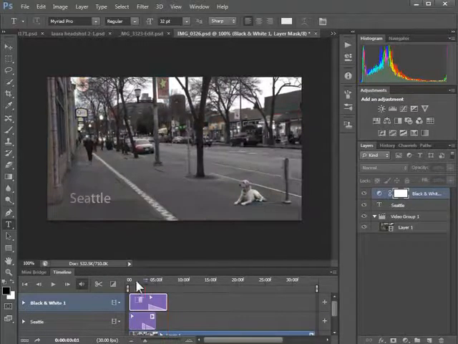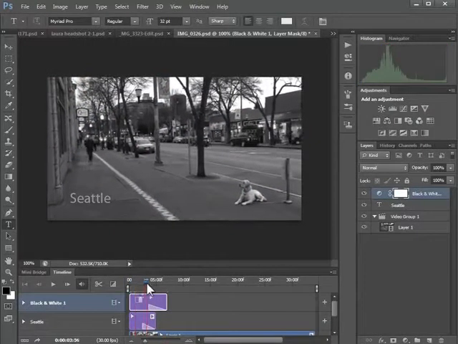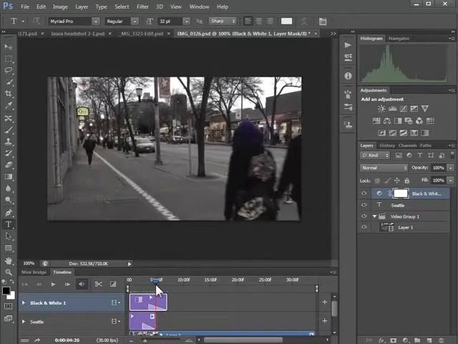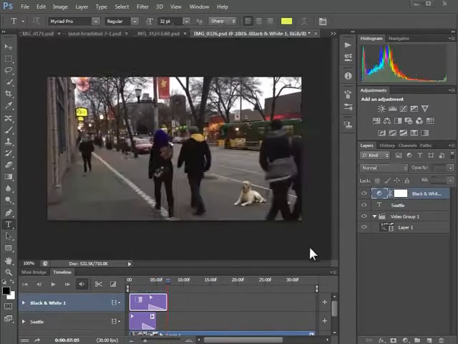So now you'll see, as I go through the video quickly, it starts out in black and white with the title, and you'll see that I start to introduce a little bit of color as it fades into the color version. Now you can also apply filters to your videos. So I haven't shown you the new oil painting filter yet, but you can use it on your photos as